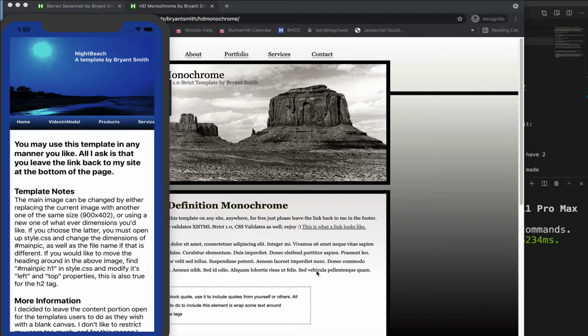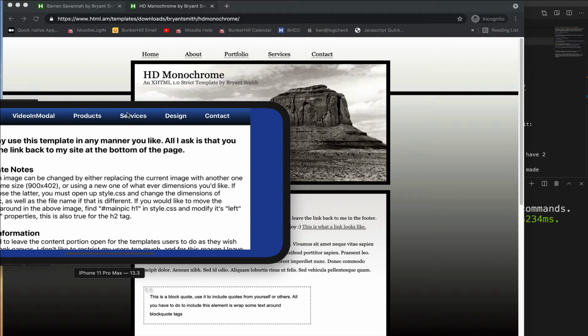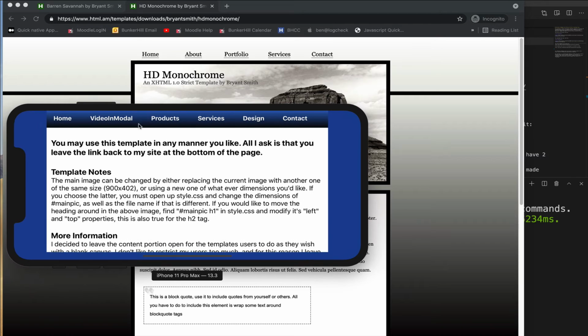Okay, so I just wanted to give you guys a quick rundown of what I'm hoping to get from you for this assignment. So if you notice, right now I have the rendering of my page that I recreated. And if I go to orientation and I change it from portrait to landscape, you'll notice that the layout changed. And what changed was I no longer have the background image, and I changed the height